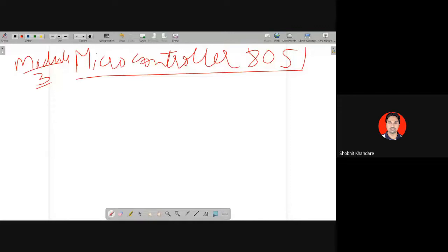Okay, so in my module 1 we have seen the classification of microcontrollers. Based upon the memory organization, we have seen Harvard and von Neumann architecture, as well as based upon the instruction set, we have seen